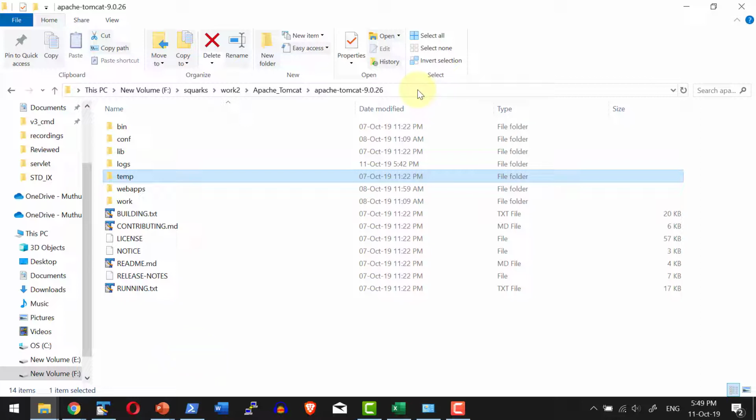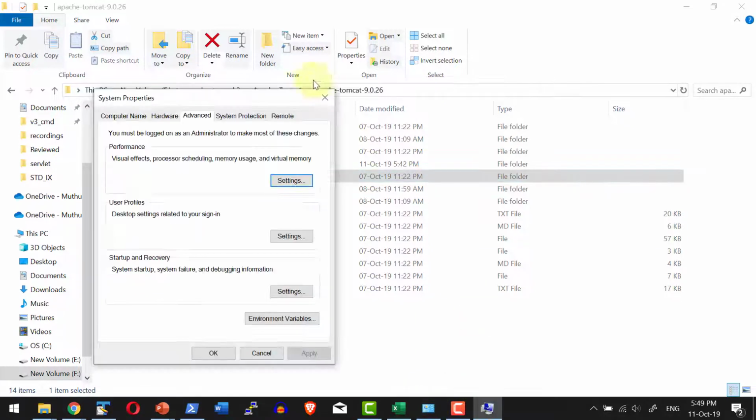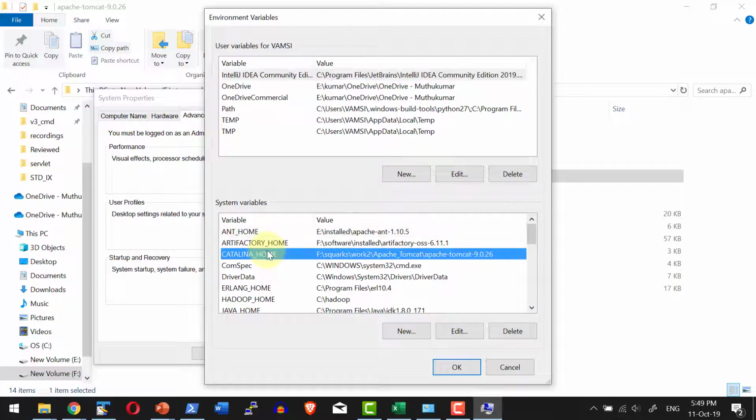The location where the Tomcat is unzipped, we call it as Catalina home. That will be set as an environmental variable within the system. So if I get into the advanced system settings, environmental variables, I have set the Catalina home where the Tomcat